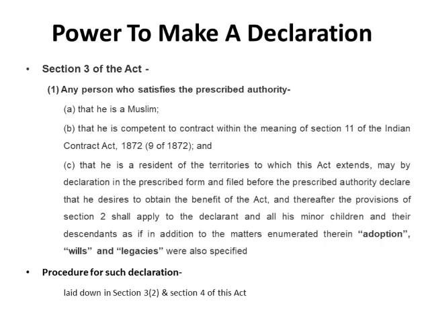It is clear from the provision of this section that adoption, wills, and legacies, which are not mentioned in section 2, the courts will not apply Muslim law to all the Muslims in these three matters. That is, adoption, wills, and legacies. In the matter of adoption, wills, and legacies, the court will not apply the Sharia law because these are not specifically mentioned under section 2 of the Act. Okay, so to apply Muslim law on these three matters,